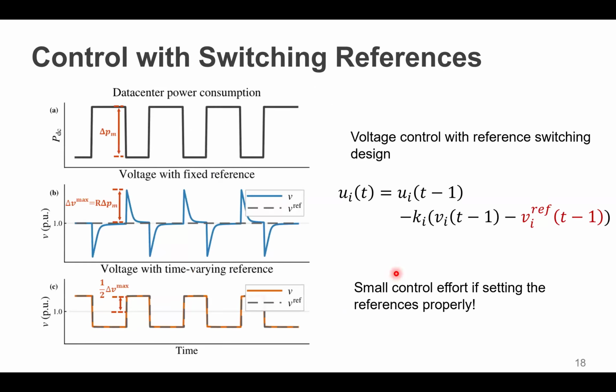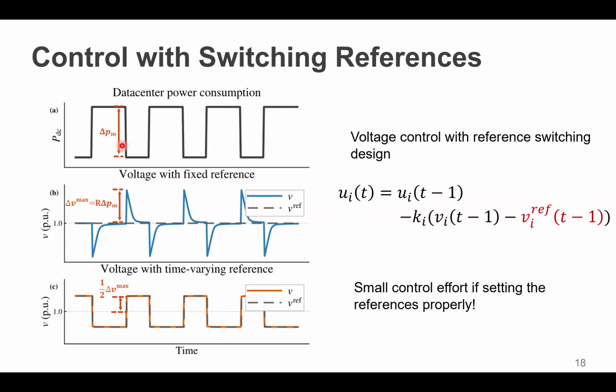So that's actually an interesting design here. The voltage jump here results from the sudden power changes. And now because we set up the V reference here according to the previous voltage, something related to the notation: the V reference T minus 1 is not utilized to adjust the action in the T minus 1. That is utilized to adjust the action for UT. Right. So that is the key design here.